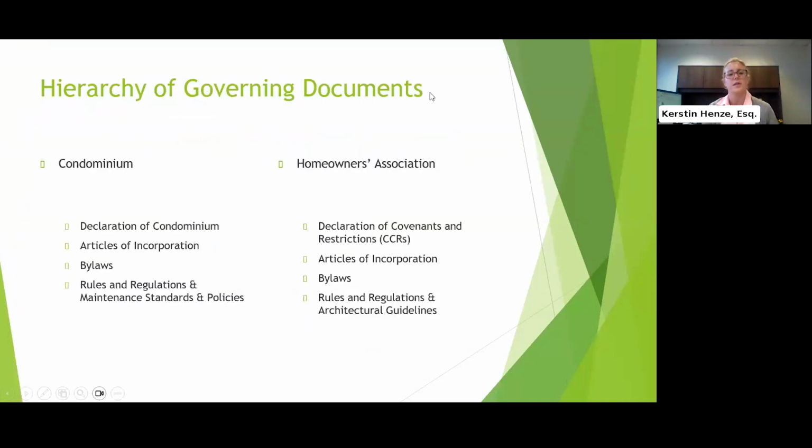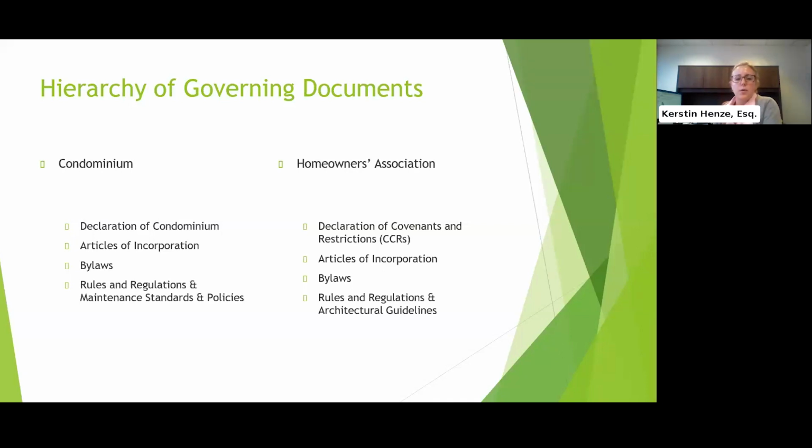So first thing, hierarchy of the governing documents. There are a number of documents that comprise your governing documents, and condominiums, co-ops, and HOAs have a similar set.